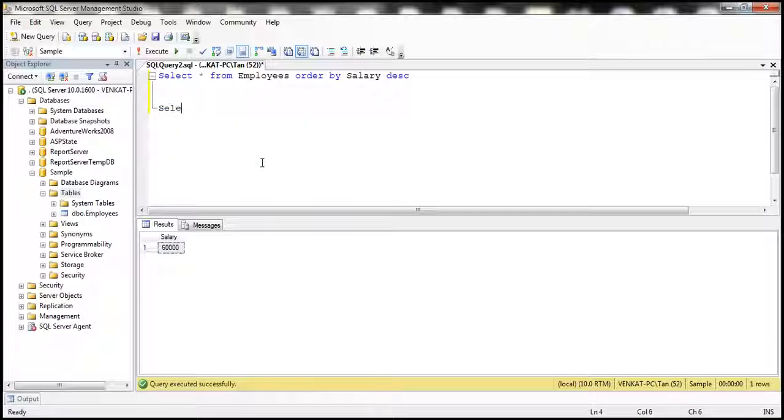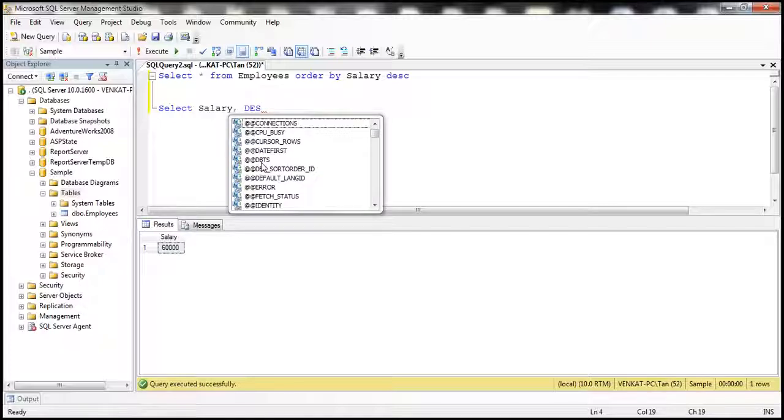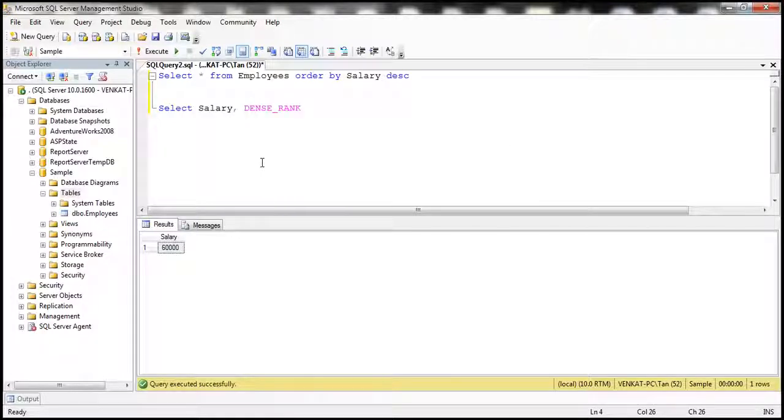So select. Now we are going to select salary, and I'm going to use the DENSE_RANK SQL Server function here. In a bit you'll understand what the dense rank function is going to do. Now it's going to rank rows and then give a rank to every row. So when we use the dense rank function, we'll have to specify the result set upon which we want that dense